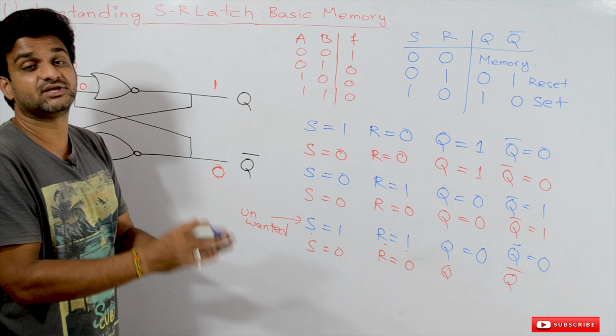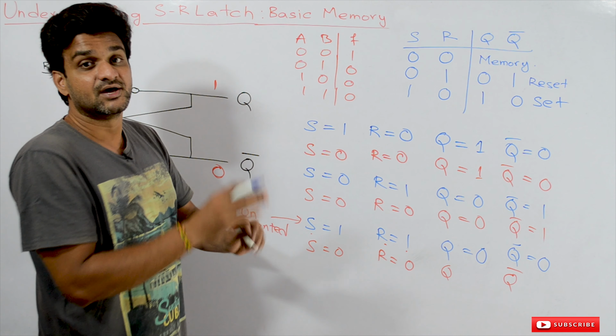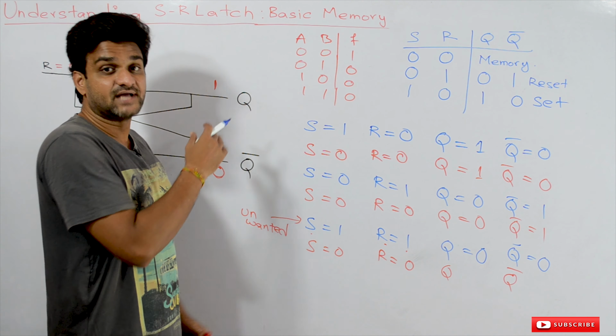So we are explaining it very slowly, because understanding this video will help you a lot in understanding the further videos easily. Okay, so whenever the value of inputs is 1 1, this is an unwanted input. We will never allow the input to be 1 1. The values of S and R are never equal to 1 1. So it is going to behave differently. The behavior is going to change the concept of this circuit.